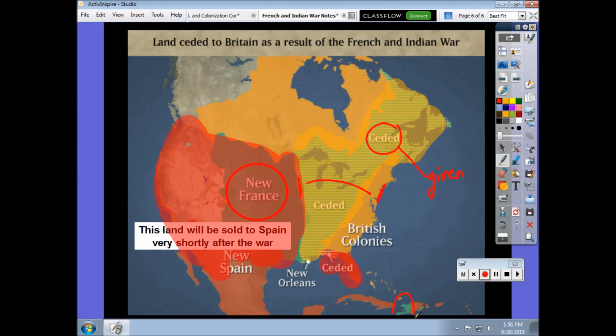And then over time what's going to happen is, of course, with the American Revolution, we're going to have this territory that is here in the center. This territory is going to become under American control, and the British will still maintain control over Canada. But that has to occur, of course, not until after the American Revolution.